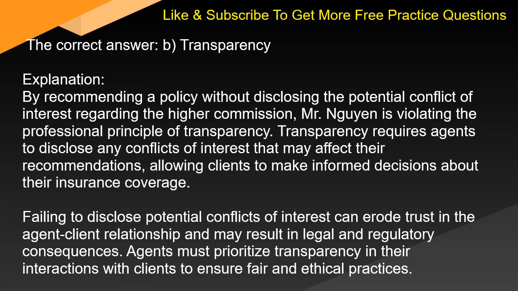The correct answer, B. Transparency. Explanation. By recommending a policy without disclosing the potential conflict of interest regarding the higher commission, Mr. Nguyen is violating the professional principle of transparency. Transparency requires agents to disclose any conflicts of interest that may affect their recommendations, allowing clients to make informed decisions